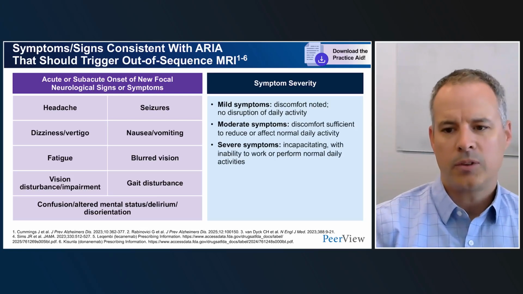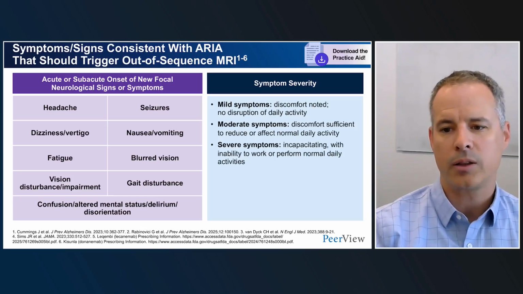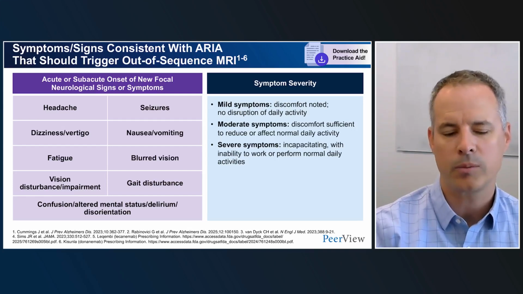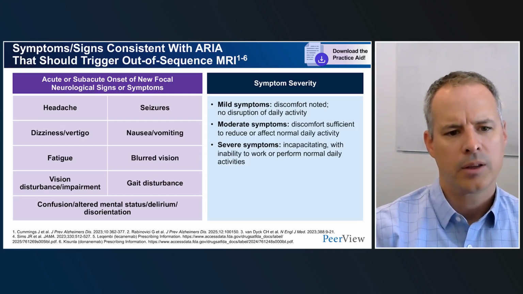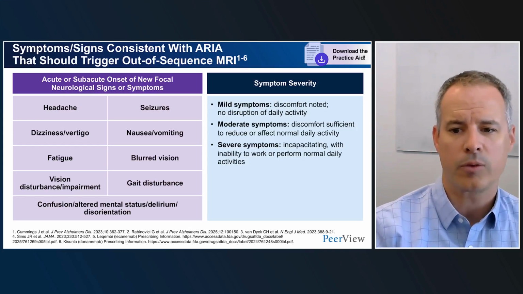So what are the symptoms and signs of symptomatic ARIA? When should we be getting this MRI? If you get a call in the night that your patient who's on lecanemab is suddenly having some symptom, how do you know if you need to rush them to get an MRI? And it can be very difficult because these are somewhat vague, and there's a large number of neurologic symptoms that